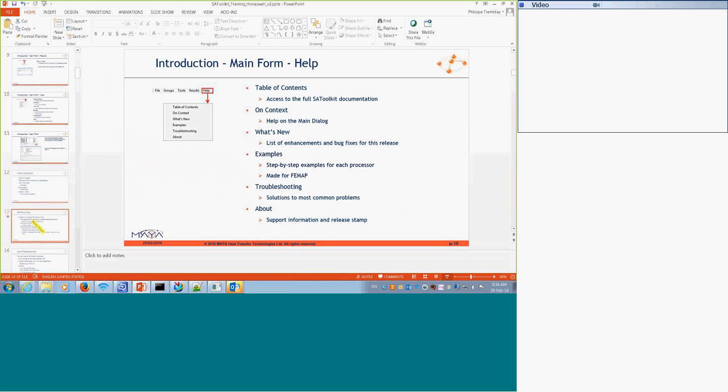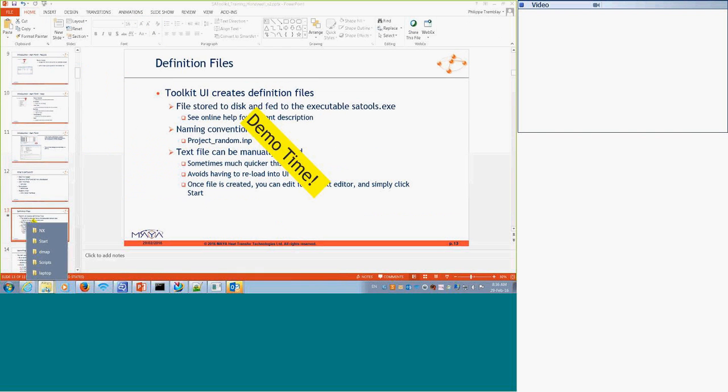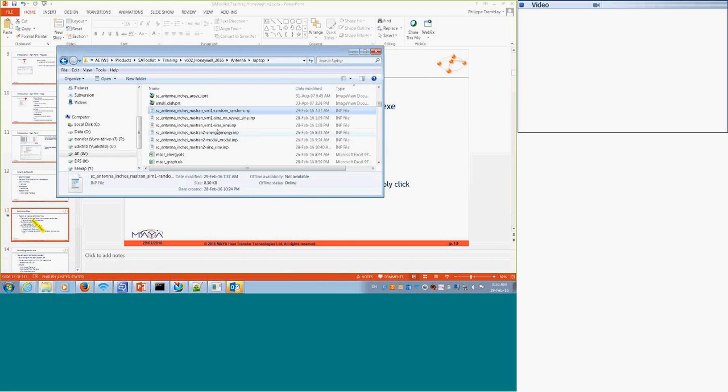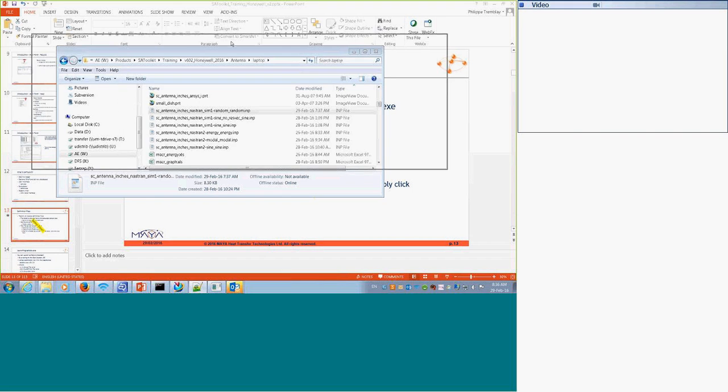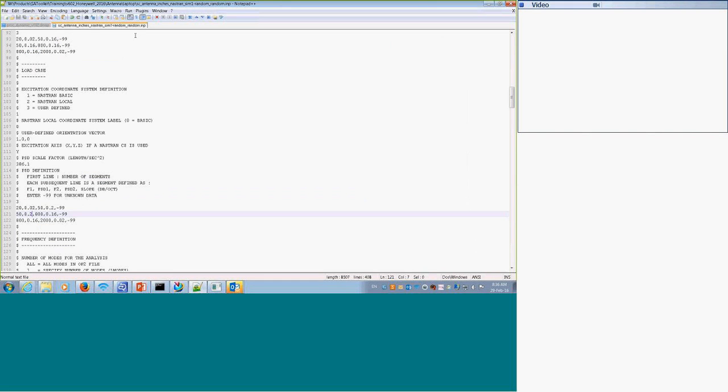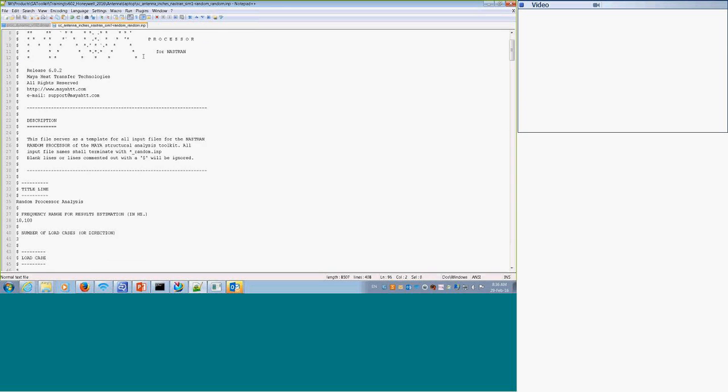So, let's get a definition file here. I've done some SA Toolkit runs already. So this is a random OP2 file. You can see it's got the underscore random in the name, so that's why we know what it is.